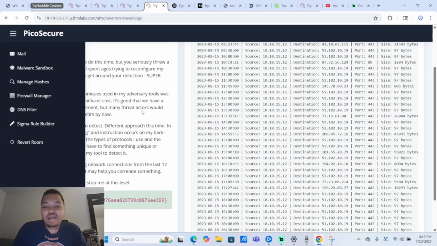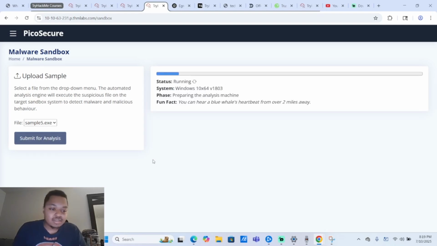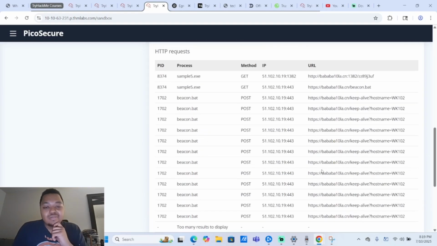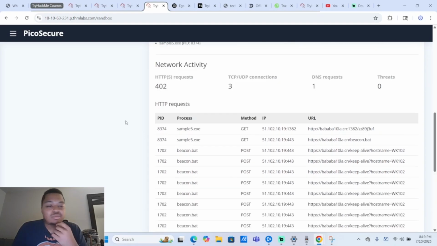You also do have the option to look at the sample 5 as well. So submit for analysis. But you don't really have to. But yeah, you can do that. So it's a bunch of beacons. But the point is, we're gonna try and